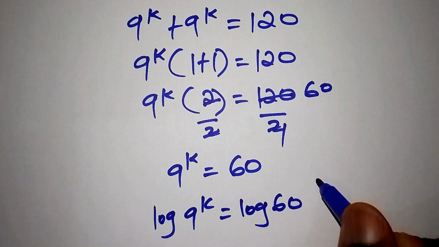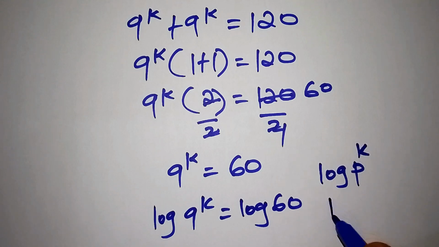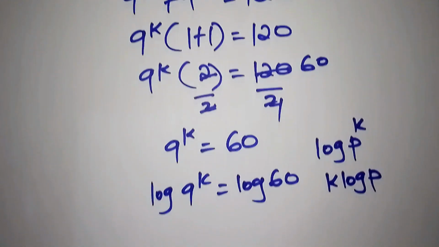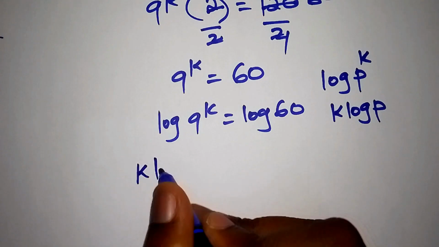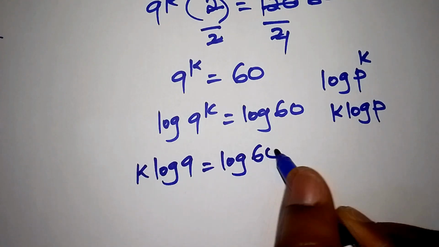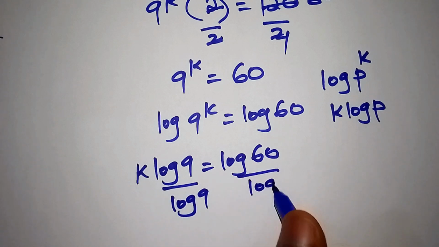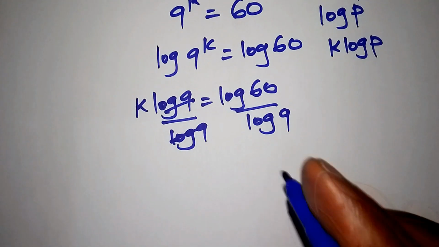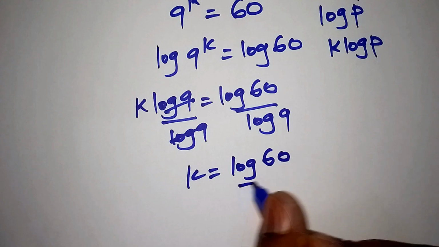Assuming that we have the log of p to the power of k, this can be written as k times the log of p. So here we shall have k log 9. We shall write it as k the log of 9 is equal to the log of 60. Here now we shall divide both sides by the log of 9. Log 9 and log 9 cancel,